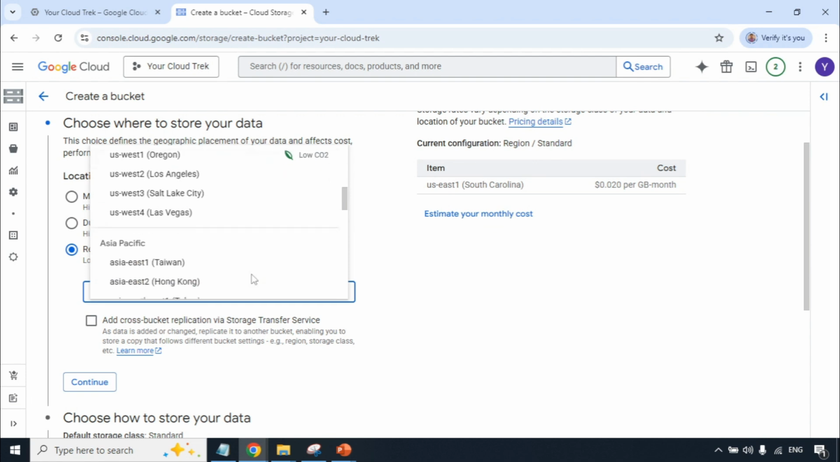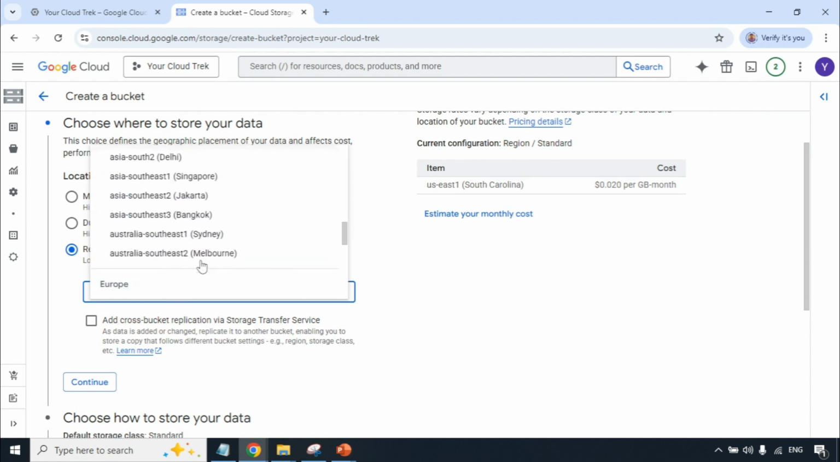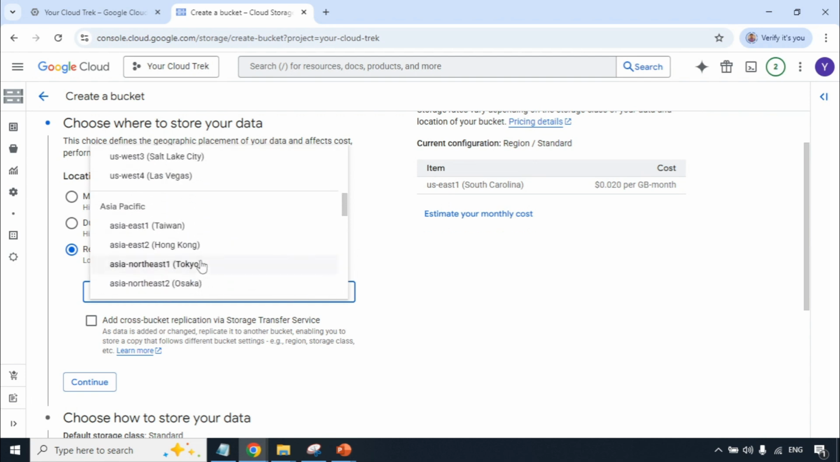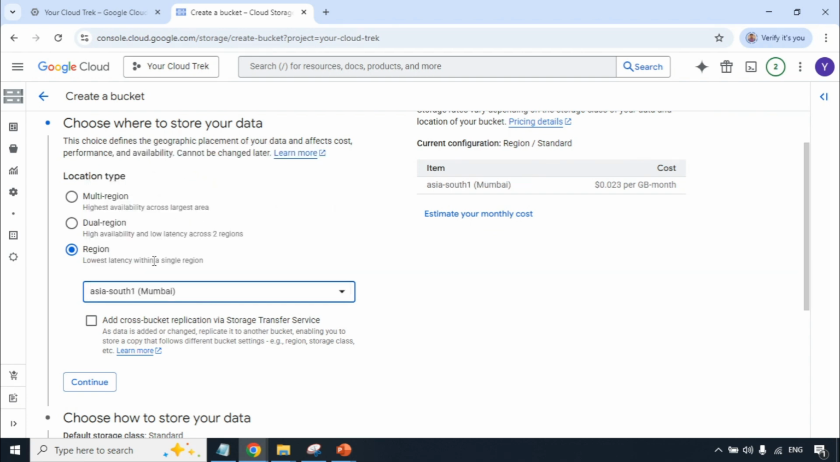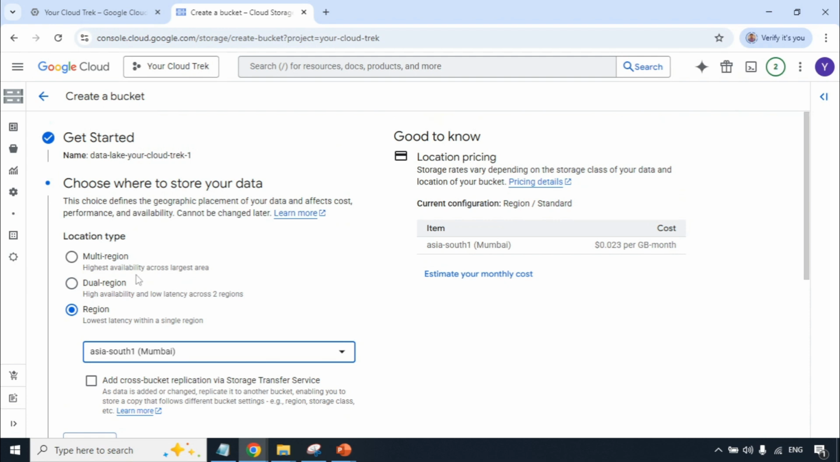It means, let me go to Asia specific. See, there are so many regions across Asia specific. Now if I select South Asia South 1 Mumbai, and if I create a resource or upload the data, it means that my data or my resource is restricted to only Mumbai's region, not beyond the Mumbai region. So this is the difference between multi-region and single region, and these are the options given by Google